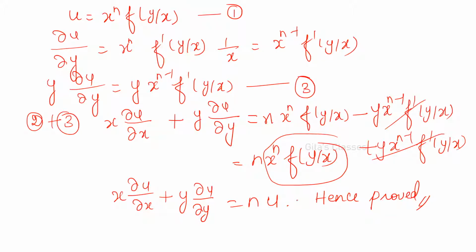Okay. Next, we'll see some problems in Euler's theorem. First, verify Euler's theorem for the function ax squared plus 2hxy plus by squared. So, ax squared and 2hxy, what is the degree? Is it homogeneous? Yes, it is homogeneous because all the terms we have are x squared, xy, by squared. So it is a homogeneous function of degree 2. Because it is a polynomial, you can find out directly.